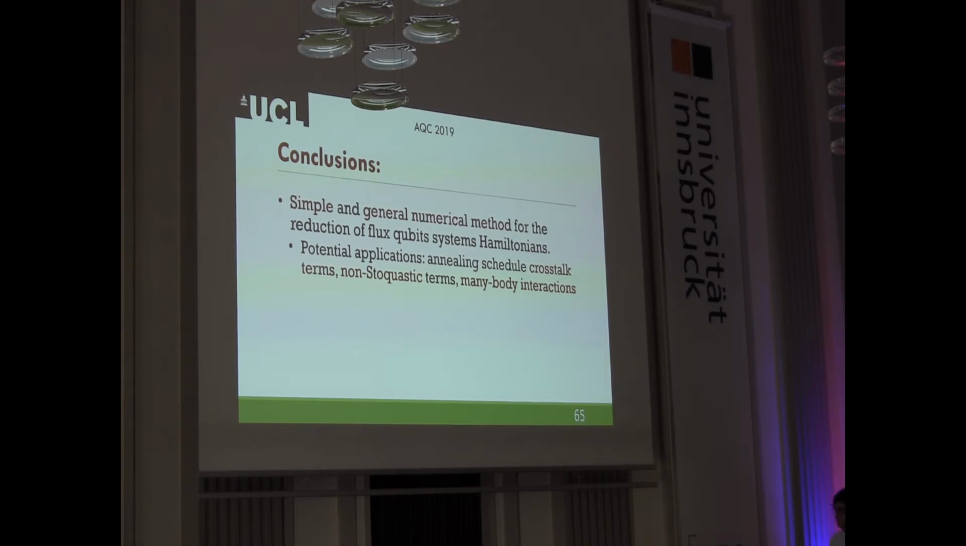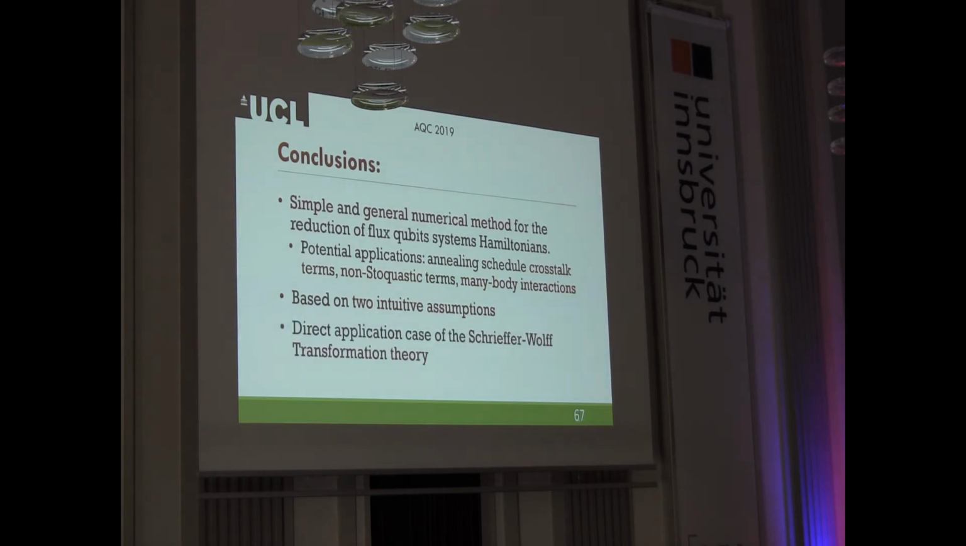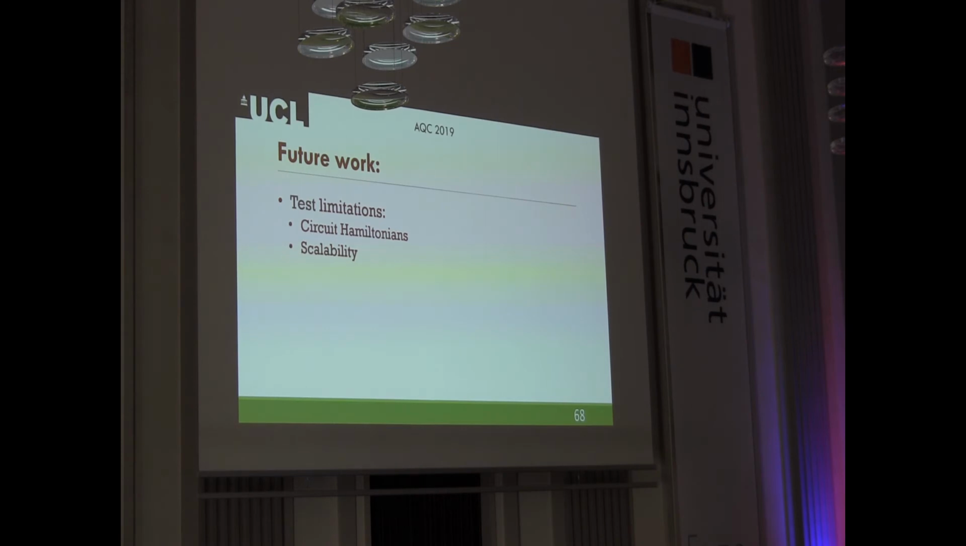Also, we can find non-stoquastic terms and even many-body terms, even though I haven't shown this in this presentation. So the method is based on two intuitive assumptions, and it's a direct application of the Schrieffer-Wolff transformation theory. And in the near future, I would like to test possible limitations of this approach in terms of scalability and maybe applicability to different kinds of qubits, like maybe Josephson phase-slip qubits,